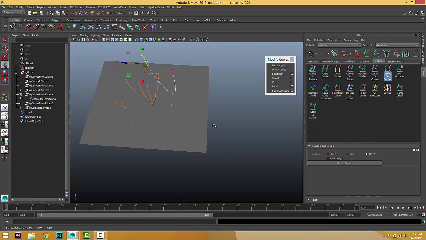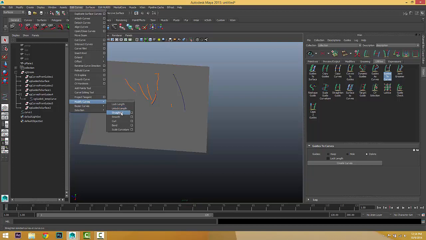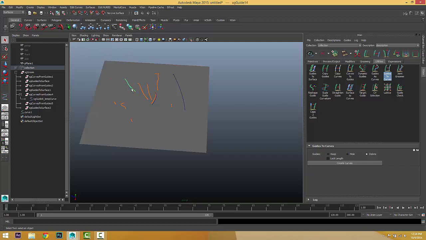So this is it for the lock, and you can also unlock it. And when you convert the guide to curves, you have this option whether you want to lock the length or you get a curve which the length is locked. You cannot make it shorter or longer. Even if you choose lock, you can use unlock in the edit curves, modify, or you can choose unlock, or you can lock it again. You can stretch it. Pretty much you have all the options here in front of you to be used on that newly created curve.